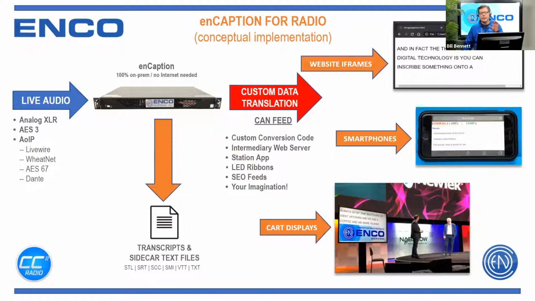While it's captioning, it is again able to save these transcripts and also sidecar files. Sidecars are text transcripts for video editing applications. You can save any combination, but for radio, mostly you'll probably want to save a simple sidecar file, transcript. That red arrow there is red for a reason. That's a missing link that is different based on everyone's unique requirements.